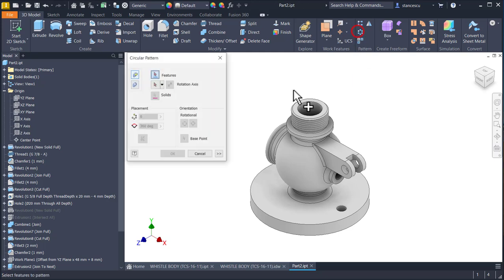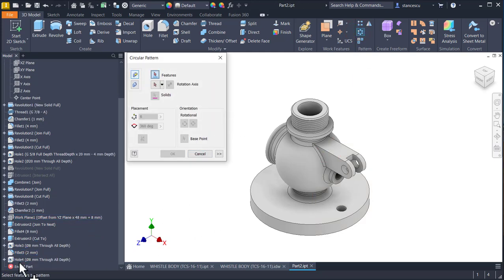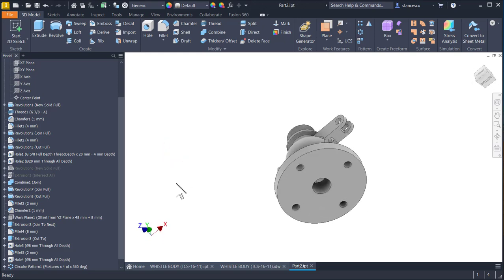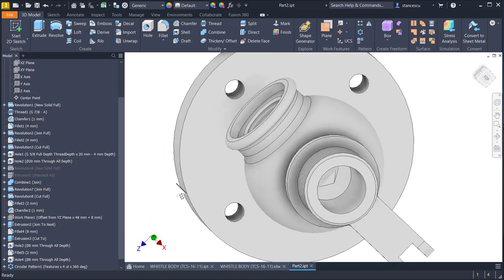Then circular pattern of the last feature, this one, about this axis in a number of 4 instances. Okay, that's all. We can see inside